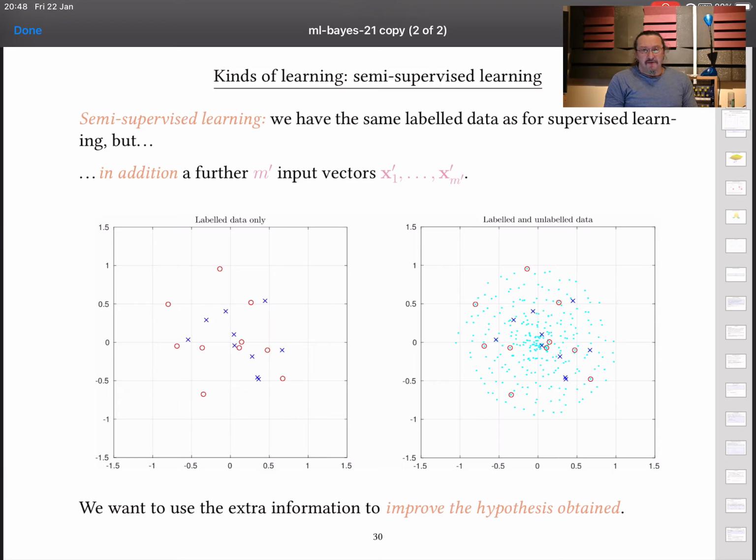If you take the standard example of medical diagnosis, getting hold of patient records may not be too hard. Getting hold of patient records that have been labelled as to whether or not a person has a particular condition is much more tricky. Now, you might want to ask yourself whether the addition of those light blue dots, the unlabeled data, to the labelled data, as we see it in the right-hand panel, actually gives you any insight into how that labelled data was generated. It may do. We'll come back later to exactly how I did that, and I think it will look an awful lot clearer, but maybe it's just something to think about for now.